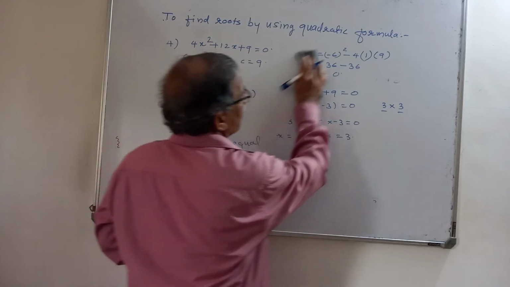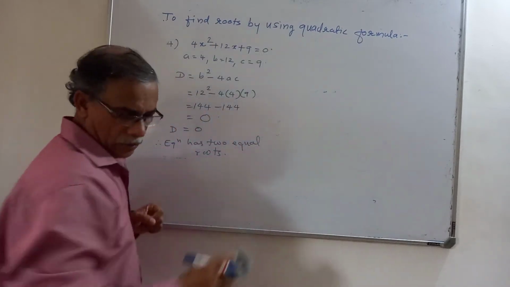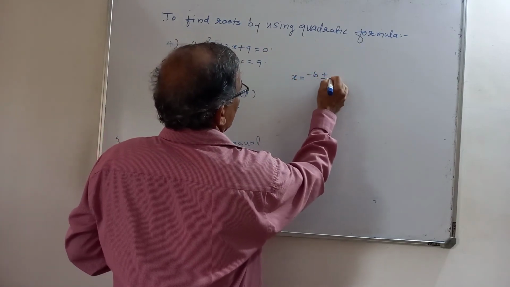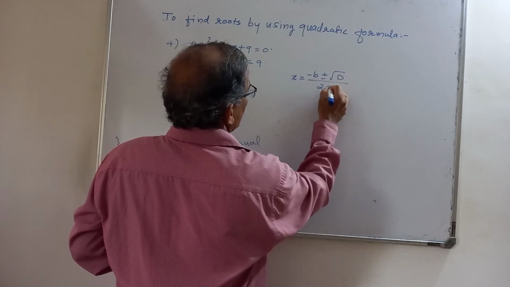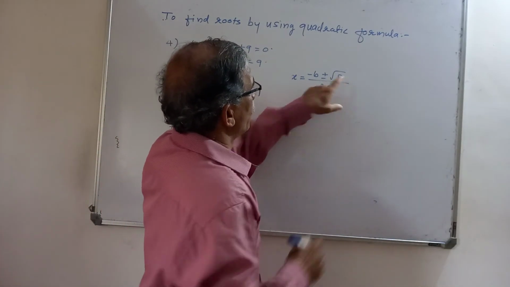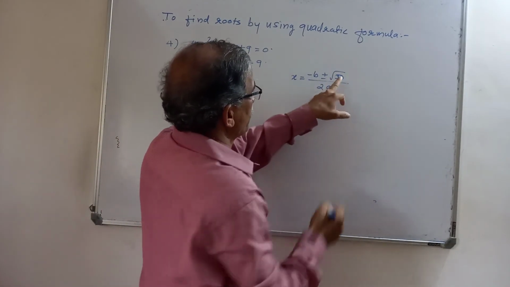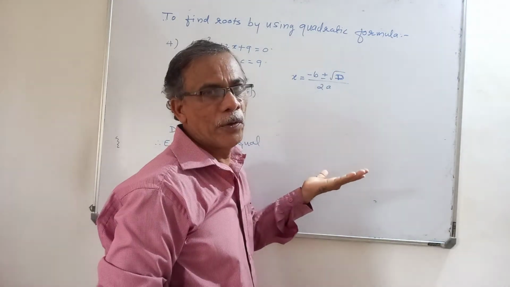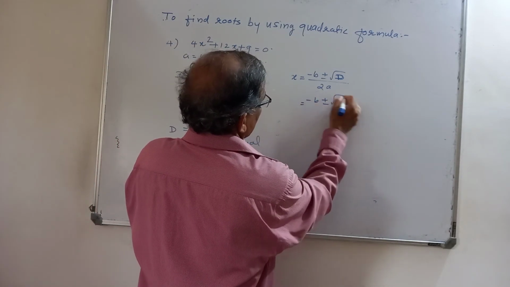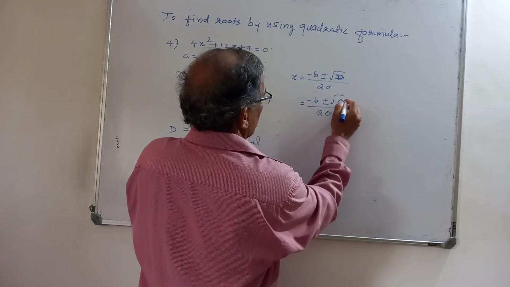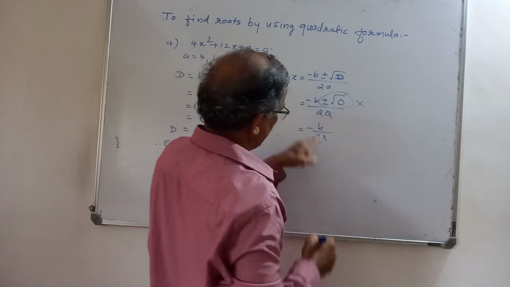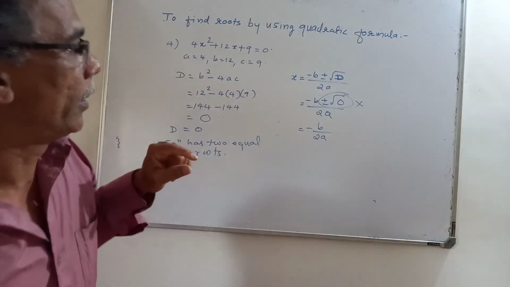So let us write that formula now to find roots. What is our formula? X is equal to minus B plus or minus root D whole upon 2A. But here we can see that this D is 0. So square root of 0 is how much? Suppose you substitute your square root 0, that answer will be 0, no? And therefore formula becomes what? Minus B plus or minus root 0 upon 2A. So this answer itself is 0. So what is remaining? Minus B upon 2A. This is the final formula, which the two equal roots are given by.